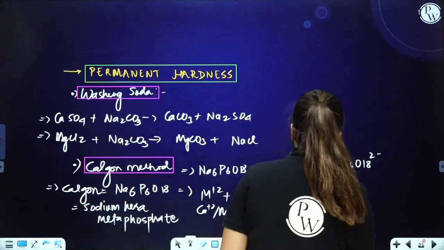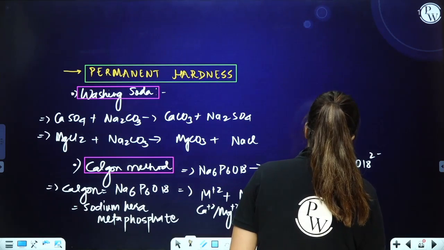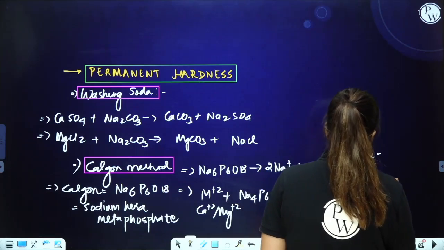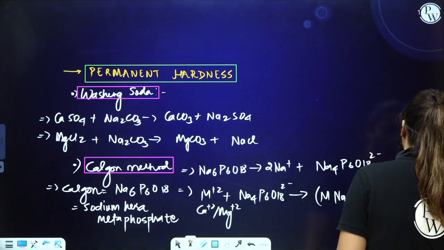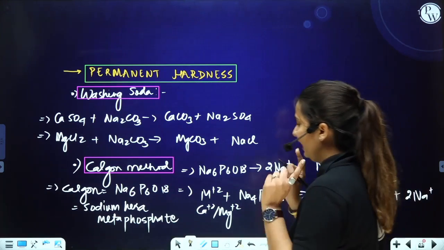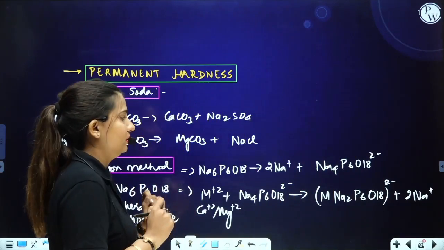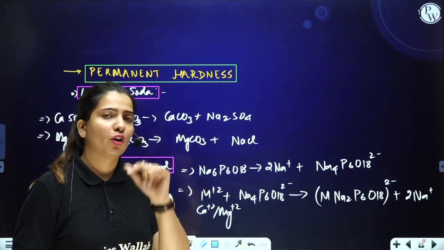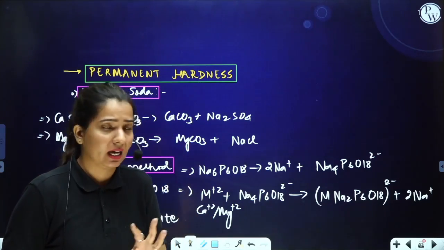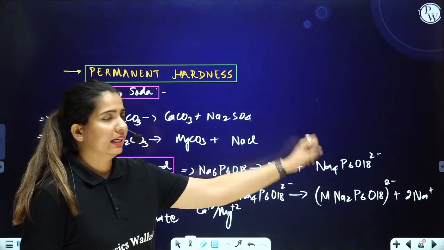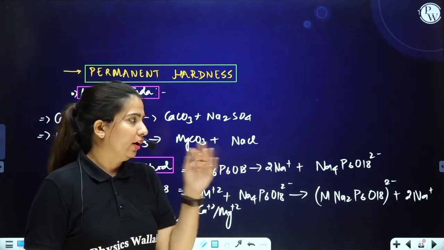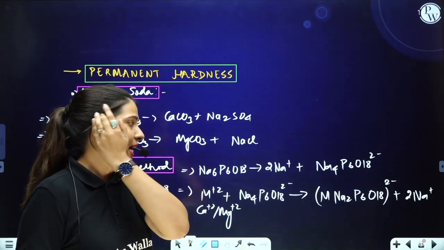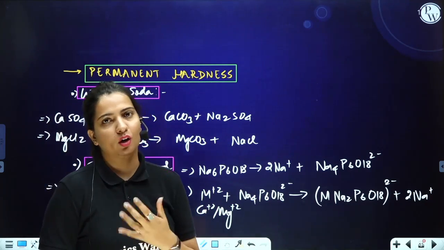Now another 2 sodium ions will be replaced with this M2+. Okay, now we will have M Na2P6O18 2-, and then again 2Na+ will be removed. In this process, you have removed the calcium and magnesium ion from the salt, calcium sulfate or calcium carbonate, and attached that ion to the Calgon. So this Calgon part will be taking the calcium and magnesium ion. This will be removed through the water,